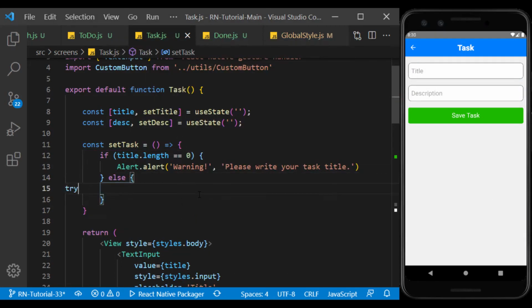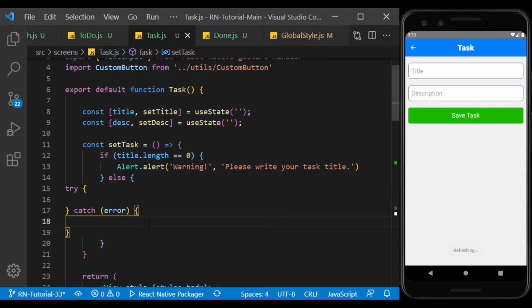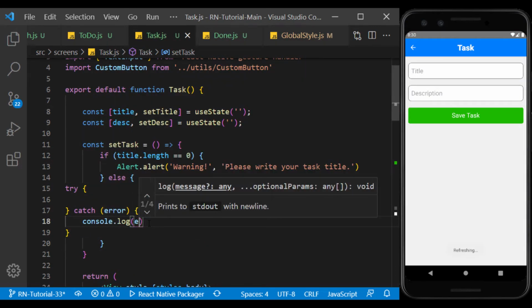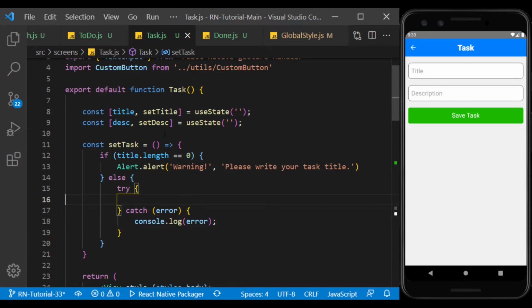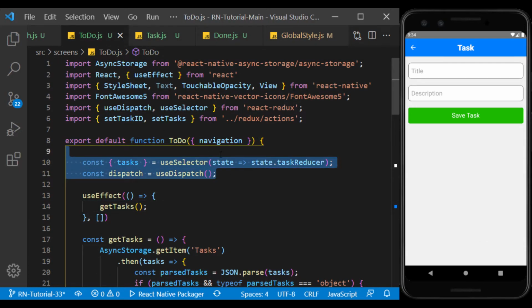Otherwise, we first use a try catch block, and then we use the tasks and task ID states.